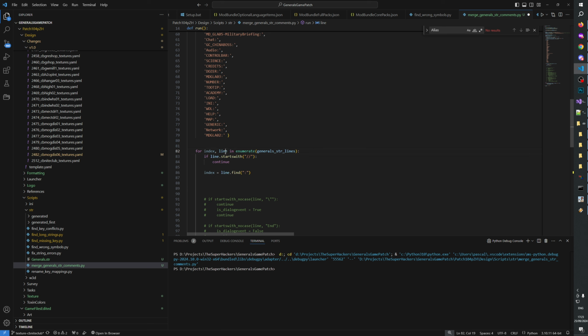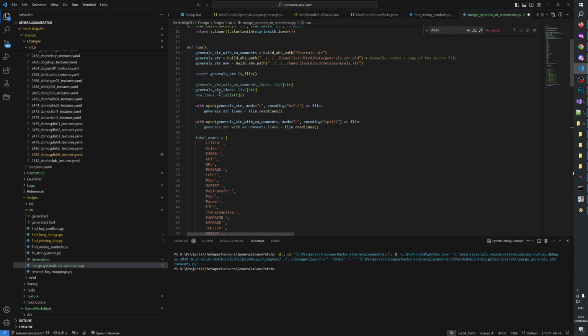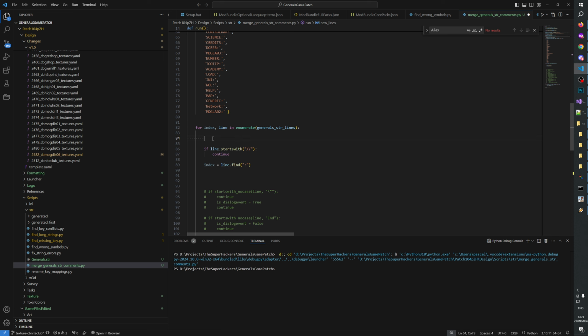So we go through those lines. Good. Generally the line is being pushed into our new lines, right? Here. New lines dot append line. Actually, no. Before that, something else needs to happen. Line append line. Good. This happens at the end. And before that,